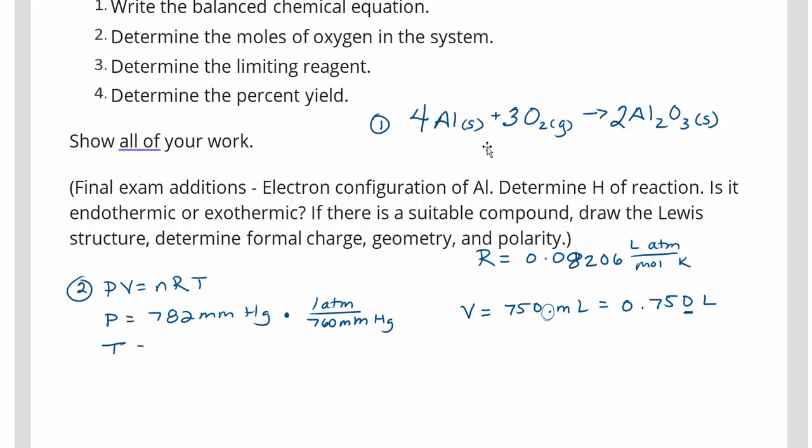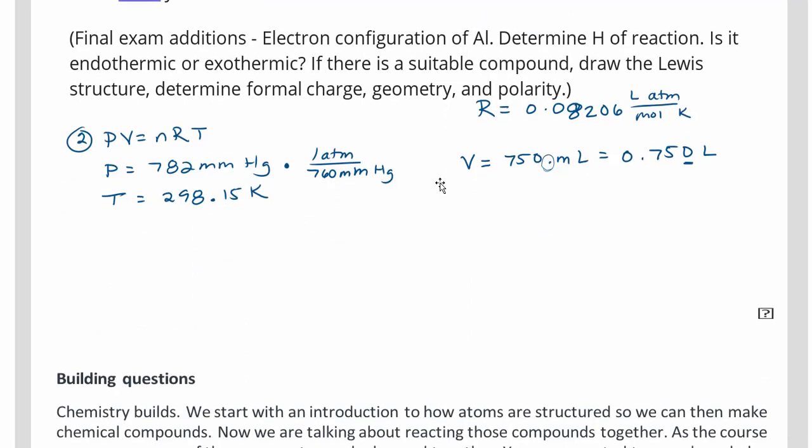You've probably used it enough that in your head you can go, okay, well, that's 298 Kelvin. 298.15 if we want to increase our precision. So now let's work this out. So we have our pressure, our volume, N is what we're looking for, R,